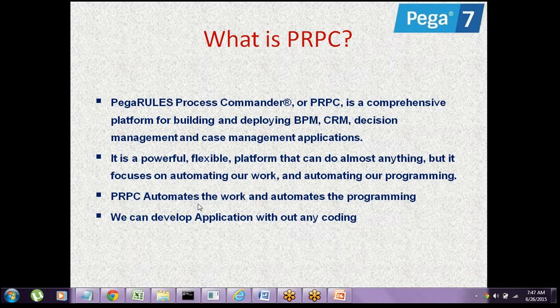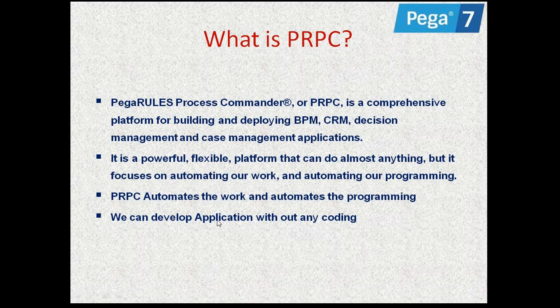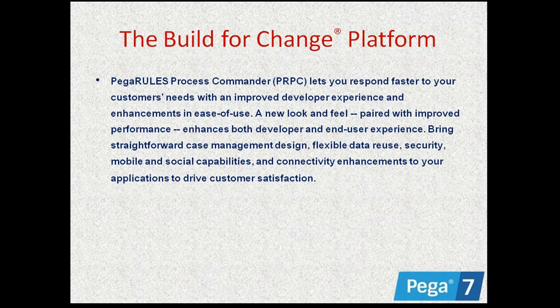Okay, and make the work automated. In order to automate the work without writing any coding, that is the main goal of this Pega BPM. It started working from the 1990s. It started with the 3x version. I will tell you about the versions later. The main goal and main purpose of this Pega is to develop web applications without writing any coding. That is the main theme of this.